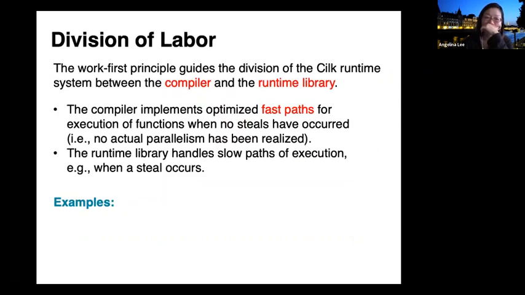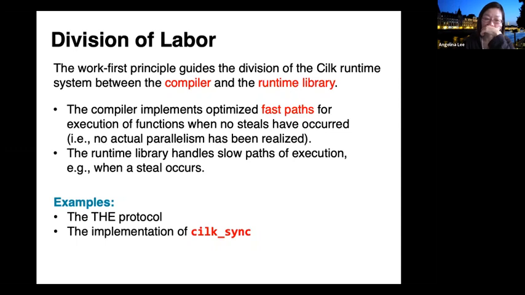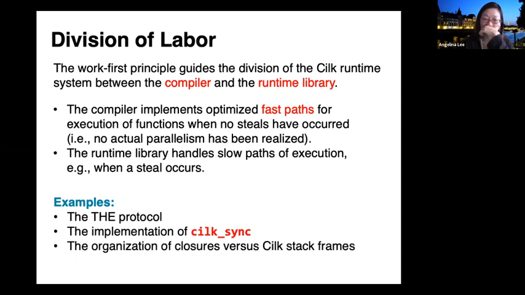As we saw, a lot of the code is organized around this principle, where the compiler implements the fast path, which includes execution of functions where no steal has occurred. On the other hand, the runtime library handles the slow path of execution when a steal actually occurs and there's actual parallelism. Examples of that include the THE protocol, the implementation of Cilk sync, and